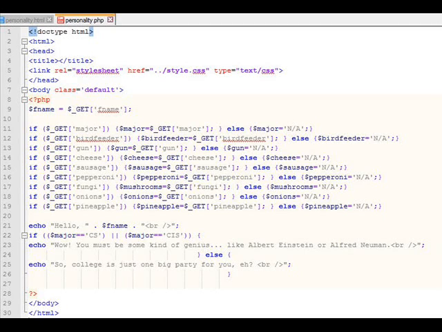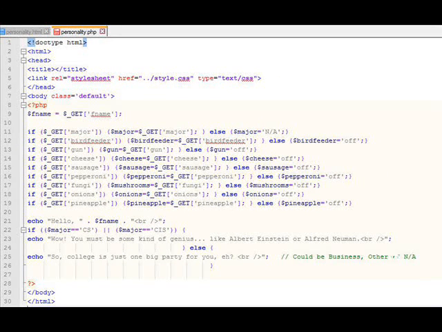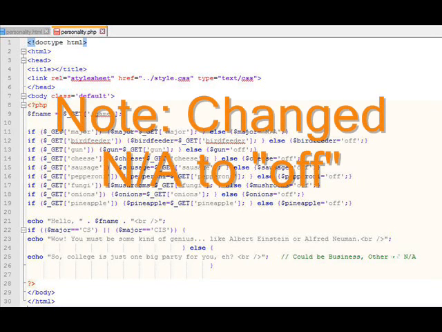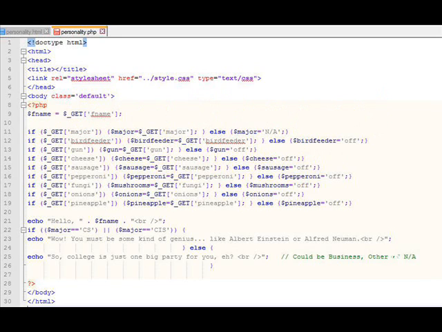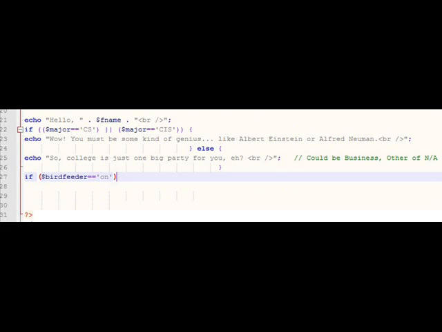Now you'll notice I've made a change in here where instead of having bird feeder being equal to NA, I've now chosen to change all of my checkboxes to be off. So now either it's going to have a value of the get variable, which would be on, or it's going to be off instead of NA. I just feel like making that change because it's logical. Checkboxes now are going to be either on or off. So if the bird feeder double equals on, that means comparison equals to on, and for that matter, and